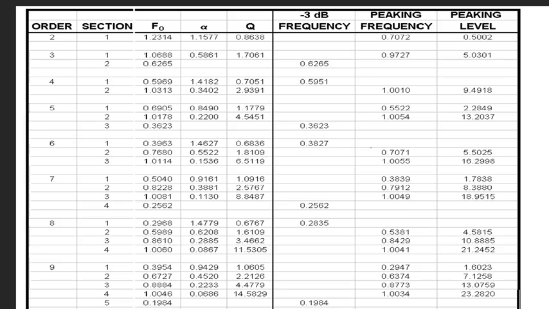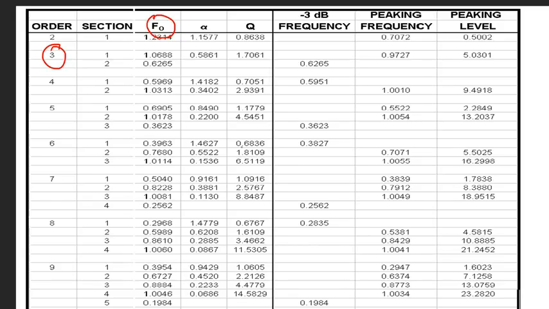And if you look at these parameters inside this filter table, then indeed you will find that the values are exactly matching. Like here you can see for the third order filter, the first section is the second order filter and the second section is the first order filter. So here this F0 represents the scaling factor of this filter. Now here this filter table is designed for the cutoff frequency of 1 radian per second. So this scaling factor basically represents the amount by which we should scale our cutoff frequency of that particular section.